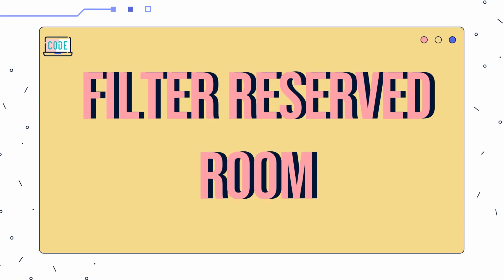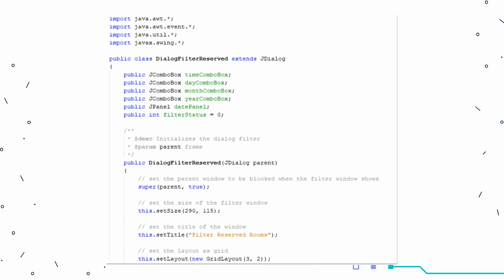Next is the source code for filter reserved room. So this is the beginning of source code for filter reserved room. First thing first, we declare the 4 import statements and we use public class and name it as dialog filter reserve. So as usual,